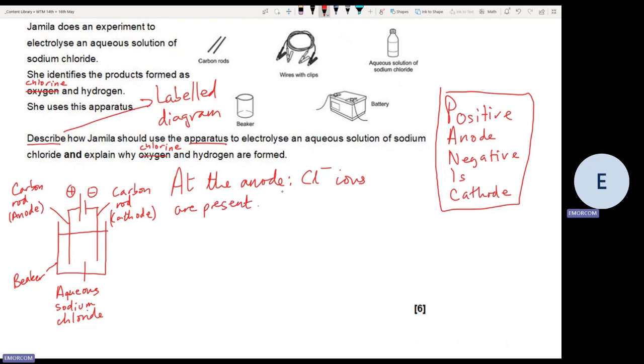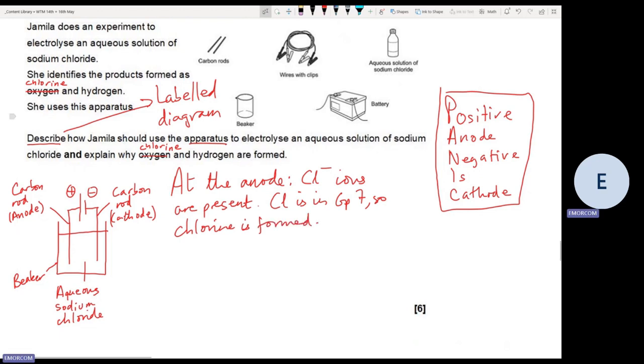And we know that if we've got an element that's in group 7, present in its ion form, so chloride is from chlorine, which is in group 7, then we're going to make chlorine at the anode. So we can say Cl minus ions are present, Cl is in group 7, so chlorine is formed,